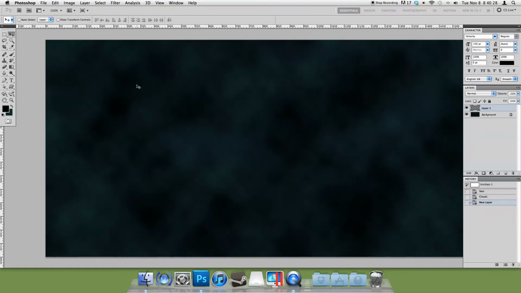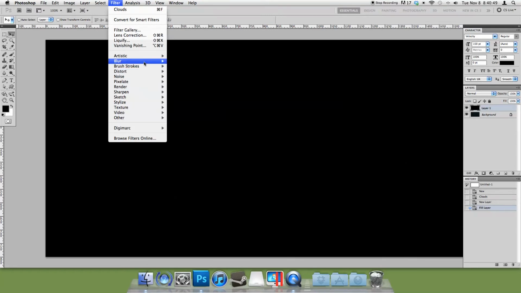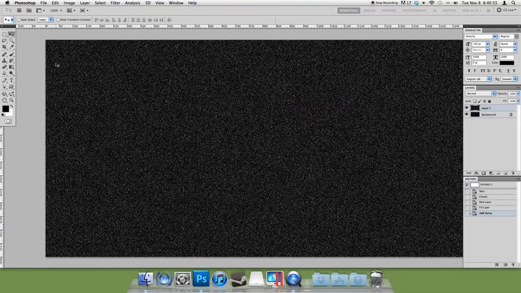We'll make a new layer, and with our default color of black, we'll fill it in with black. That was done with Alt Delete, which looks similar to our paint bucket tool. And we want to go to Filter, Noise, Add Noise, and you want to have those options the same as mine down there. And from there we'll go to Image,